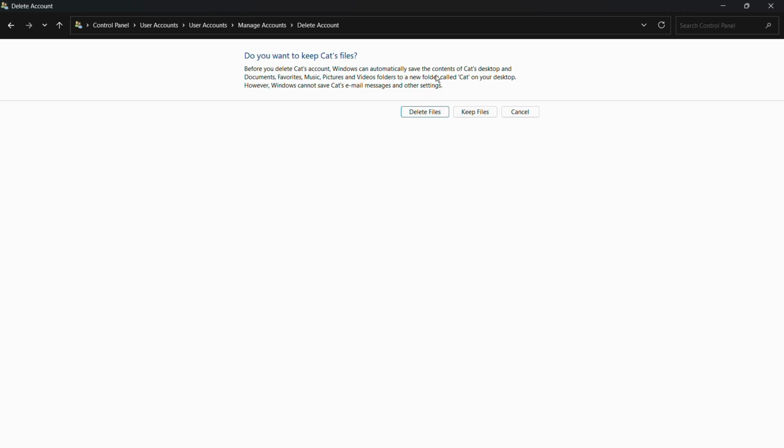So basically it is asking if you want to keep all of the files which are present in the cat account. If you want to keep the files, you need to click onto this keep files option, or if you don't want to keep any files, simply click onto this delete files option. I don't want any of the files from the cat user, so what I'm going to do is simply click